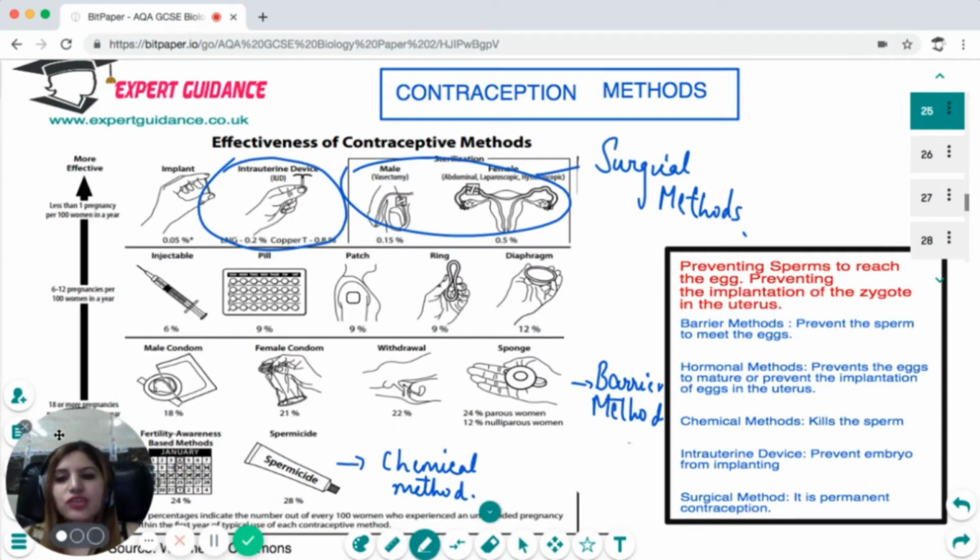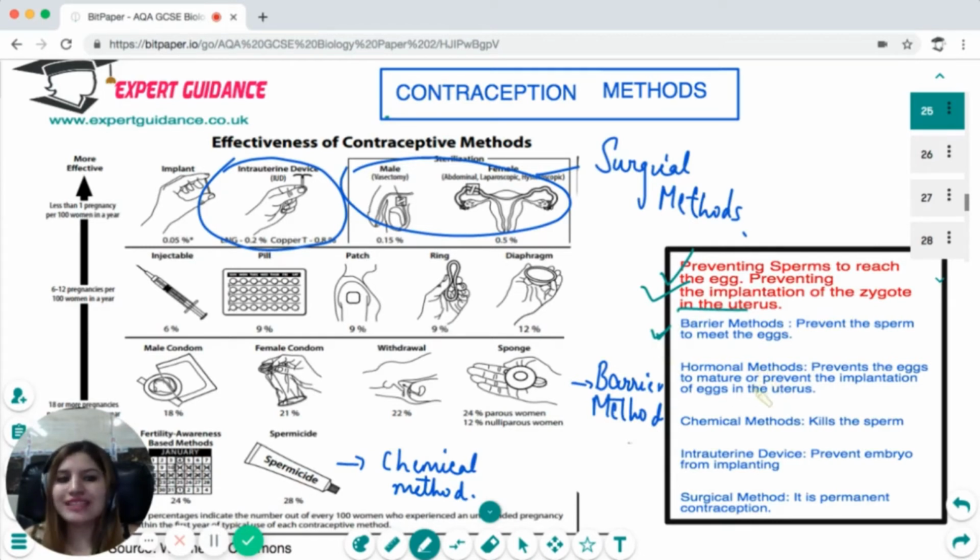Now, to prevent fertilization, there's a contraception method. The contraception methods either prevent the sperm from meeting the egg, or, if the sperm meets the egg, they prevent the implantation of the fertilized egg into the uterus, thus preventing pregnancy. Now, this can be achieved by the barrier method. The barrier method includes using diaphragms or condoms to prevent the sperm from meeting the egg, or the hormonal method,